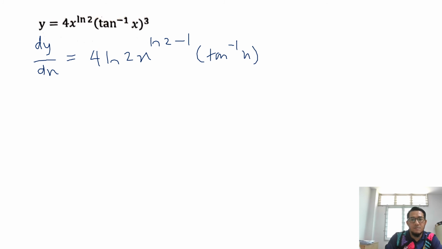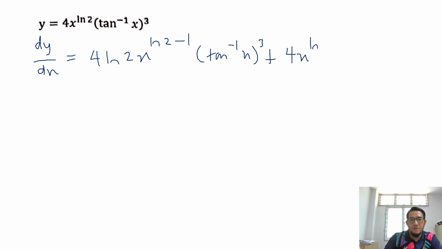Next, question C. Let's say we have y equals 4x to the power of ln 2 times tangent inverse of x cubed. As you can see, there is a variable and a variable, which means we need to apply the product rule. First, differentiate x to the power of ln 2: ln 2 times x to the power of ln 2 minus 1, times tangent inverse of x cubed, plus